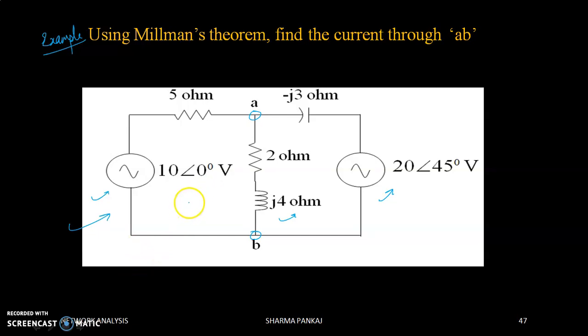Now if simply there was a question to find the current through AB, there was no problem. If there was a problem to find the current flowing across AB, there are n number of methods to calculate the current flowing through terminals A and B. But this is a special case falling under Millman's theorem. We have to apply Millman's theorem to calculate the current from A to B, or the current flowing in the branch connected AB. Now let us understand.